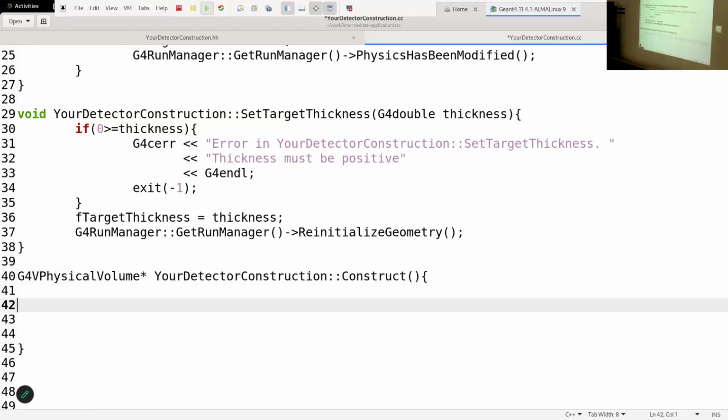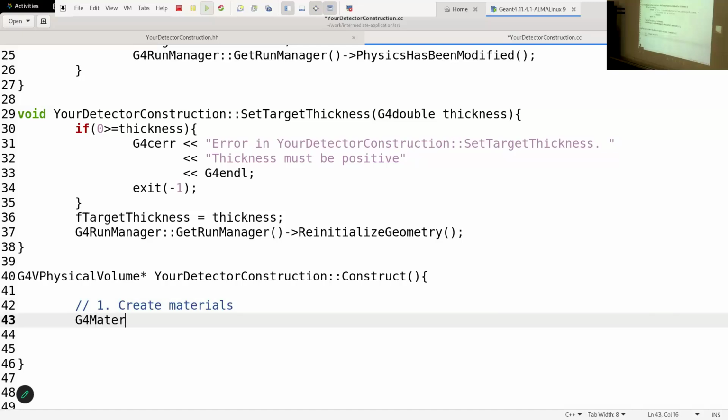And now, as a full recap of all what we have seen, we will need to define two materials, one for the world volume, one for the target volume, the two boxes that we had in the blackboard. And then we will build the geometry. So we can start by the materials. We can put a comment with double slash. So the first step is to create materials. We type G4Material asterisk